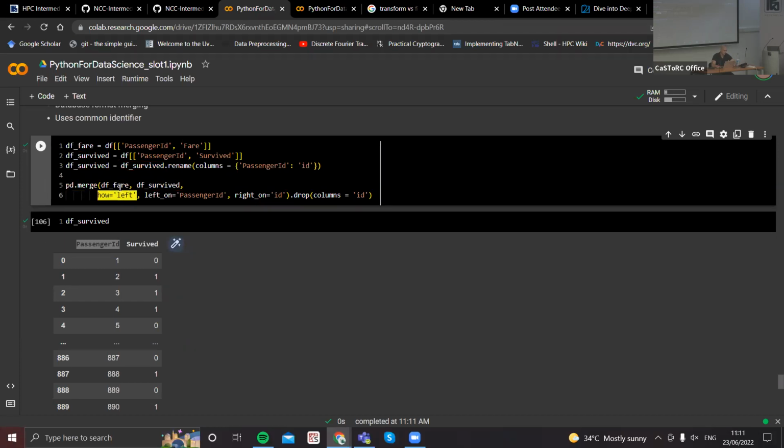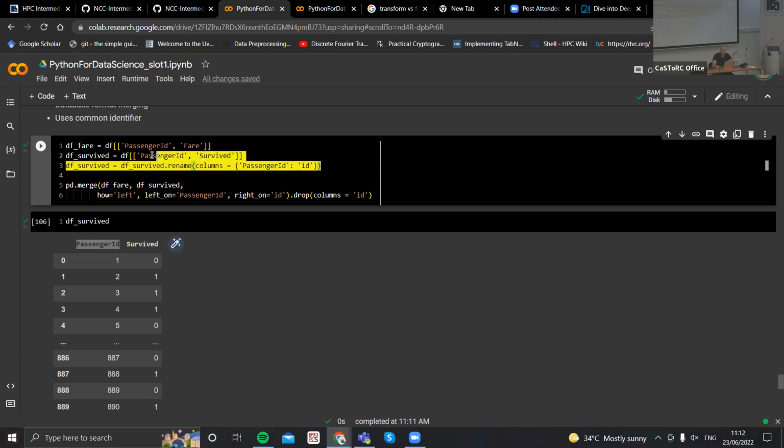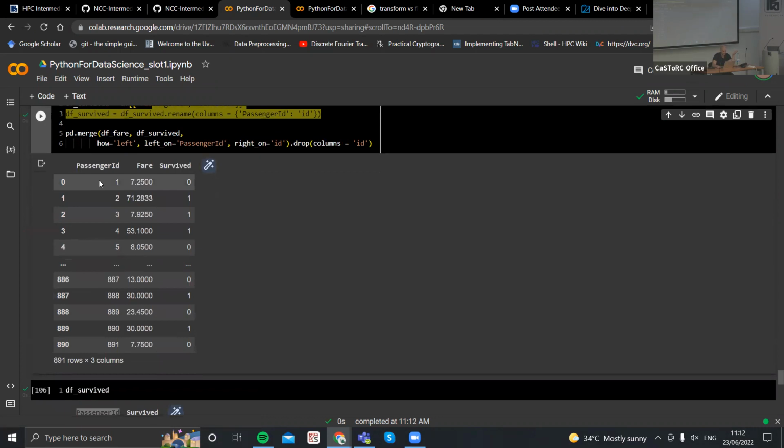So you want to merge on the left data frame, which in this case is df fare, and you define the column on which you'll be merging on each data frame. So we know that the common column is the passenger ID, and it's called passenger ID in the left data frame, and it's called ID in the right data frame because we renamed it. So if we do this, we see that we successfully merged